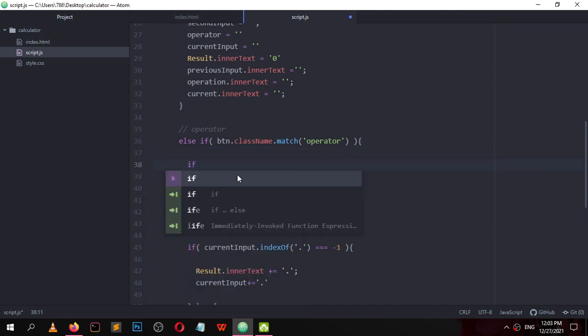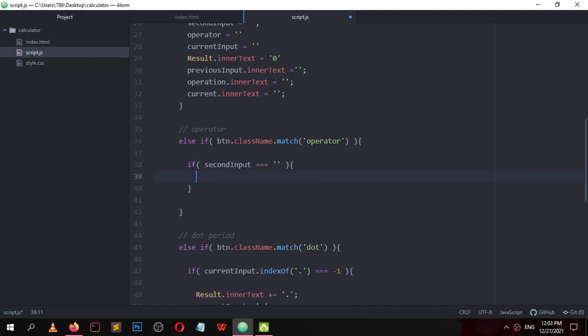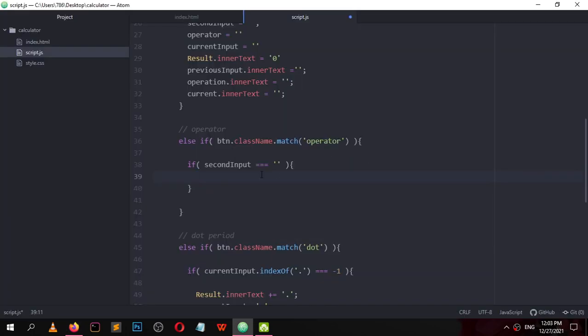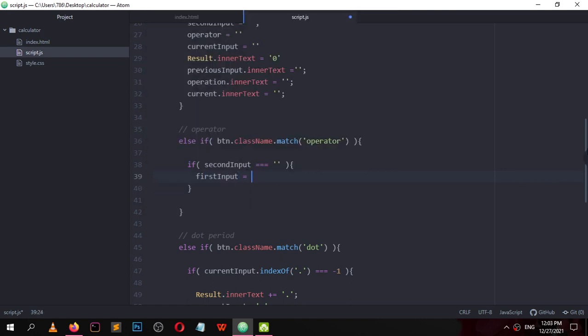If, and check here, if second input is equal to an empty string. Second input is equal to an empty string. So as soon as I click this operator, the current input should be set to the first input. First input equals